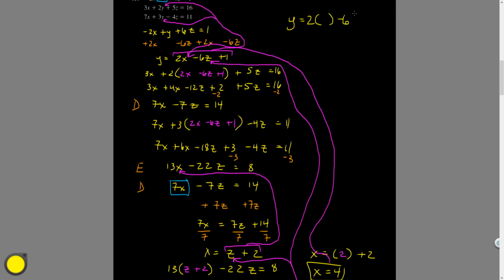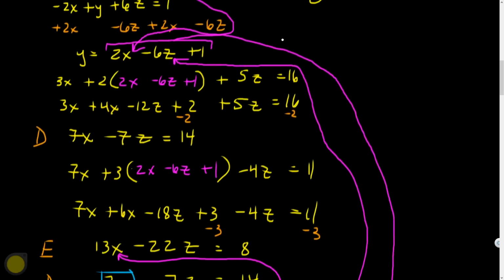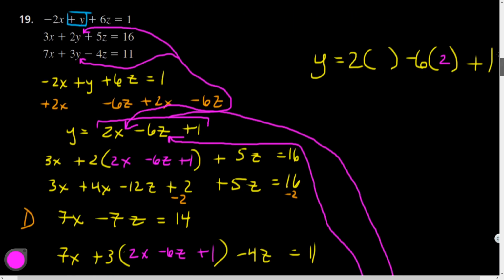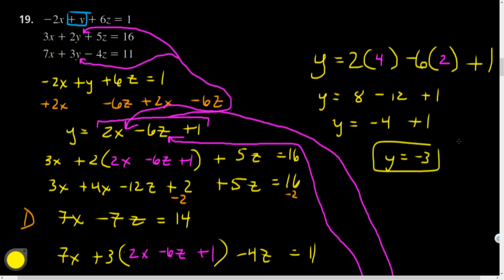So 2x minus 6. I'm writing mega large once I zoom back in here now. All right. Rip. Rip. That's so weird. And so what did we have for x? I thought z was equal to 2. I remember that. And x was equal to 4. And so notice, now doing the double subs, I can have 8 minus 12 plus 1. There's no more variables, just plain old y. And so 8 minus 12 is negative 4 plus 1. Y equals negative 3. And so final answer, x was the 4, y was the negative 3, and z was